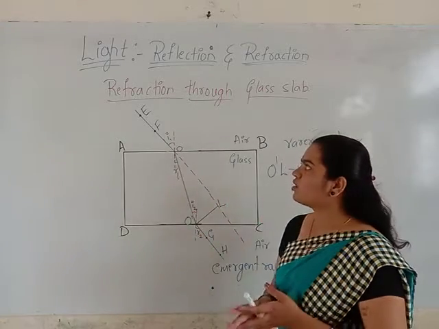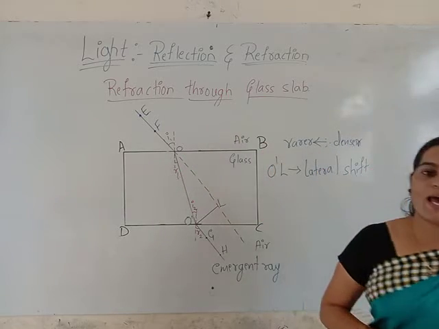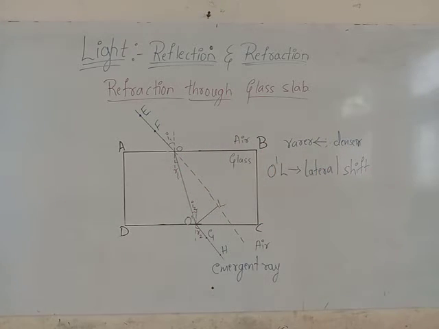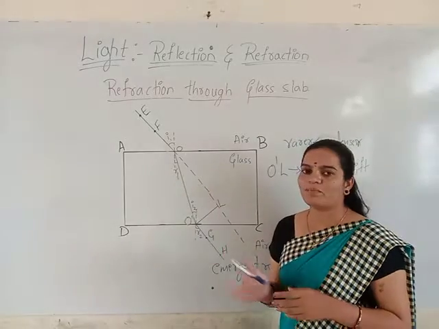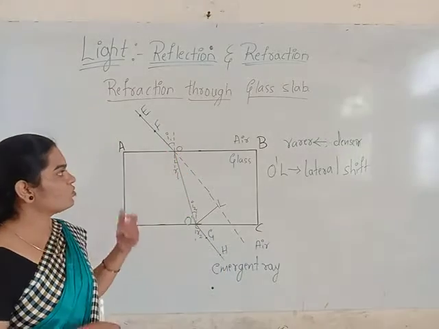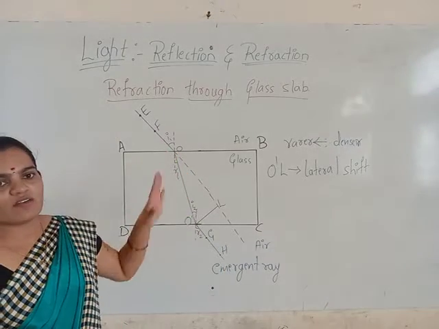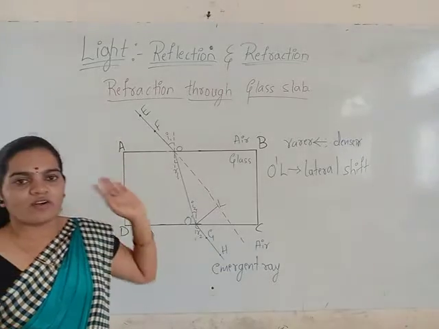Okay, what is the activity? How does it take place in the refraction through the glass slab? See, remember, this activity may not be asked, but whatever related points are there, you will be getting it for 1 mark. So many questions will be there, and in problems also, so many points are essential here. Now, once I will just revise what we have learned here. By this activity, what have we learned?